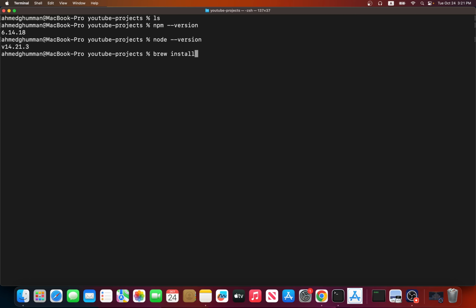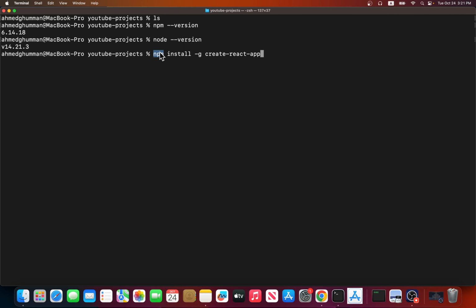If you need to install a particular node version, you have to follow the node guidelines on that. But in the end, you can do npm install globally create-react-app,